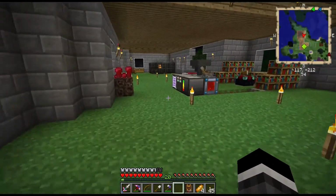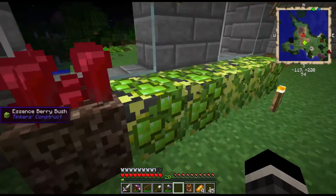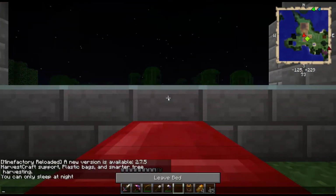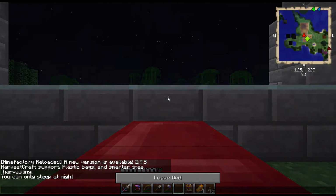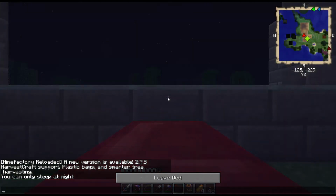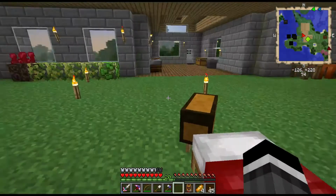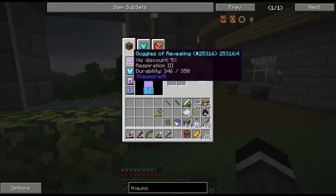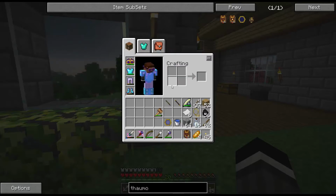Alright, is that about it? I see it's nighttime. I was going to... Oh yeah, I've been grabbing these as I go past, and I've already got 20 levels back, so that's cool. After doing that horrible enchant. Respiration 3. God, what a horrible enchant. Anyway,